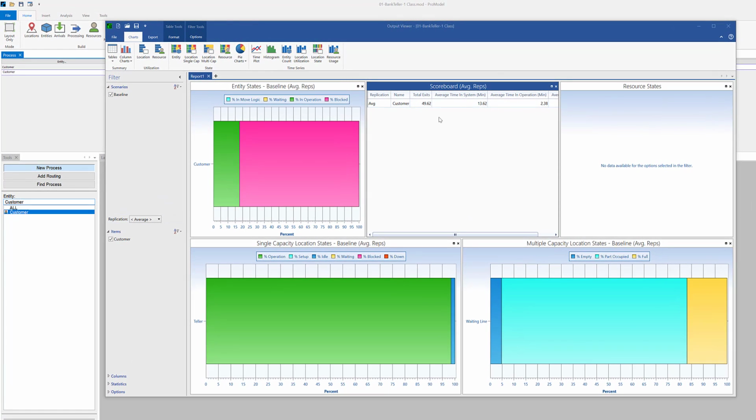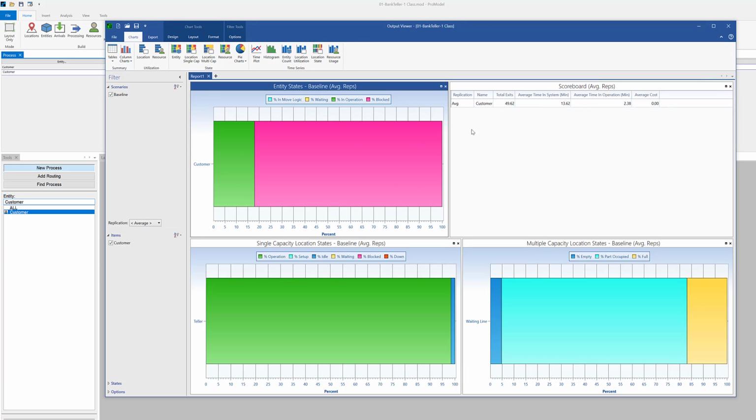Okay, so here are our results. This is the scoreboard right here. We didn't have any resources, so we don't need resource states. So close that. The scoreboard gives you information in table form, and we did 50 replications, so it gives